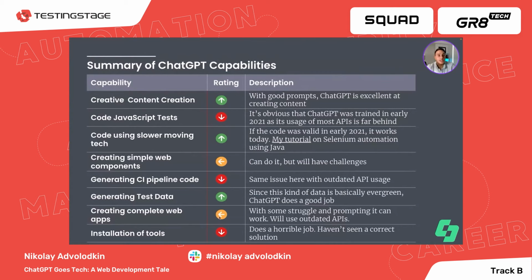And finally, the piece that I didn't really talk about yet, but I should mention also, is installation of tools. I had it try to give me installation instructions for different tools. I'm like, okay, tell me how to install React testing library. Tell me how to install Cypress. At one point, I had it try to write me a visual test. It didn't do a good job of any of that. And again, it's just the documentation updating in terms of installation processes. Your best bet is to simply go to the documentation of the tool and follow the installation instructions there.